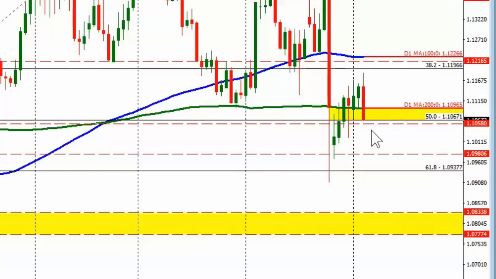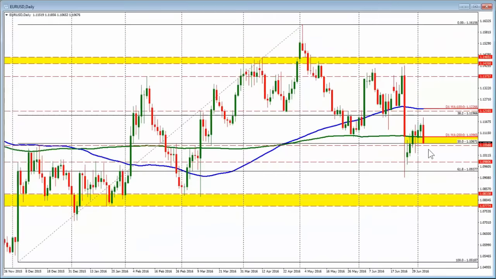That's going to be the plan going into the new trading day. Stay below the 200-day moving average, get below the 50% retracement level, and move further away from that 200-day moving average. So the shorts have a little bit of advantage here going into the new trading day. If you are short, we know we want to get through the 50%. We want to stay below that level. We want to move away from that 200-day moving average, move away from that 50% retracement level, and work our way